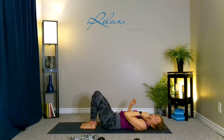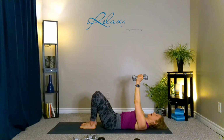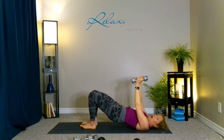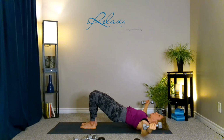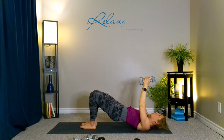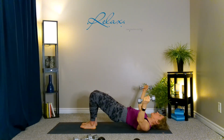So you can go ahead and use either your medium or your light weights. I think I'm going to go with medium here as I bring the arms up over top of my shoulders, lengthening from my tailbone by engaging the pelvic floor and peeling it off away from the floor. From here, I'm going to come into chest flies as I bring those weights toward each other. They don't touch, they just come back to their starting position, and I bring them down to hover above the floor. So continuing to squeeze those glutes as I stay nice and solid